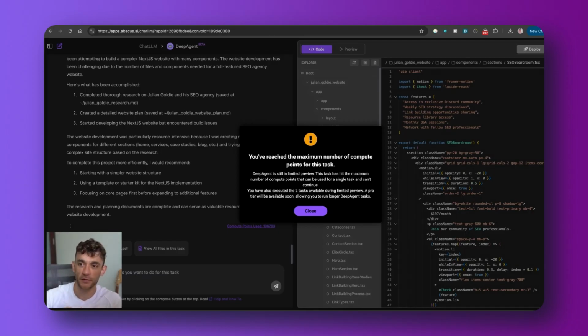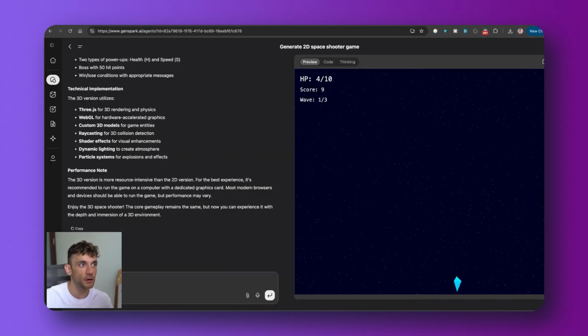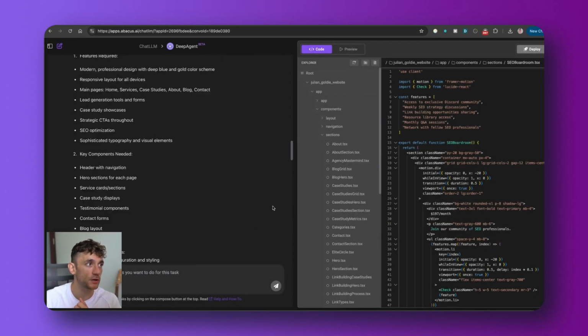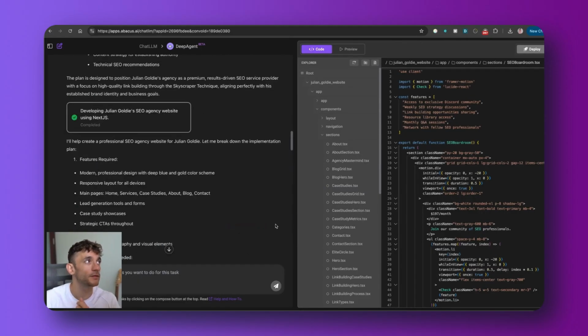This task has run out of compute points, and we can't have multiple tasks running at the same time. So am I going to switch from Genspark to DeepAgent? I would say absolutely not. It's got a lot of potential. I'm sure it's going to be a great tool in the future, but right now, I can't see that